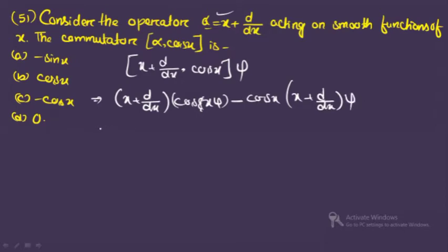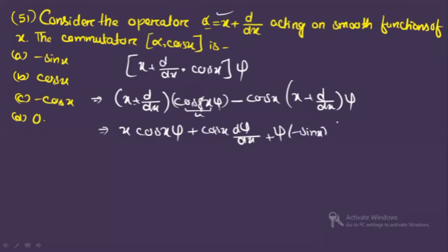Clear? So now when you do so, you will write this term as x cos x psi, right? Plus, now cos x is u, this I am considering to be v. So keeping u, I am writing d psi/dx, right? Again plus, this time keeping psi, d/dx of cos x will give you minus sin x. Clear? This time again a negative sign is there. This is cos x x psi. So x, it will become cos x psi, right? Again minus, it will become cos x.